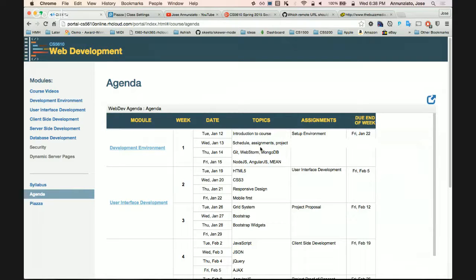Please, let's all standardize on WebStorm. It's free if you have an NEU account, which you should all have. You should register it with your .edu email so that it'll be free for educational purposes. It's widely used out there in the industry, so might as well learn the IDE. There's never too many IDEs to learn.